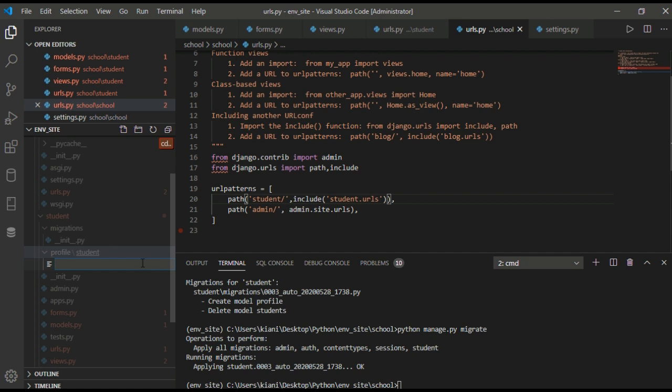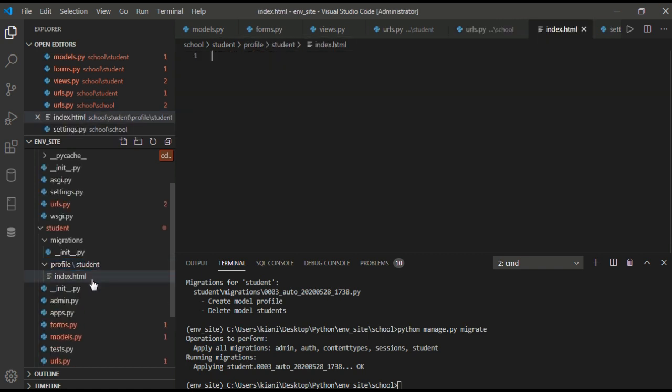So the student profile is, for example, index.html, and we will write a simple a href, href is equal to ../profile/create, and we will write add profile, add student.